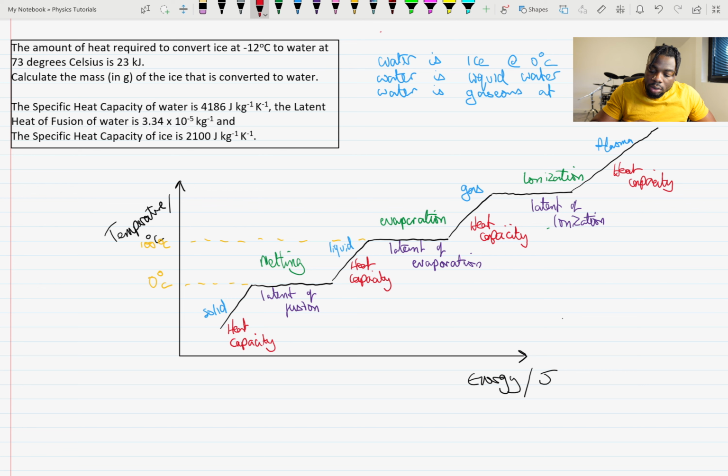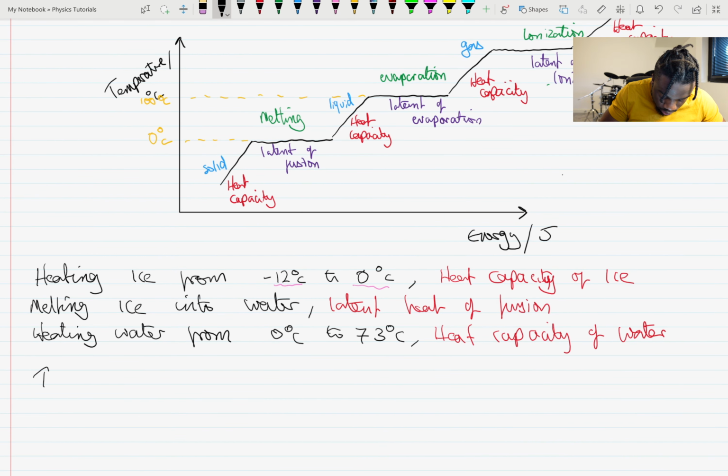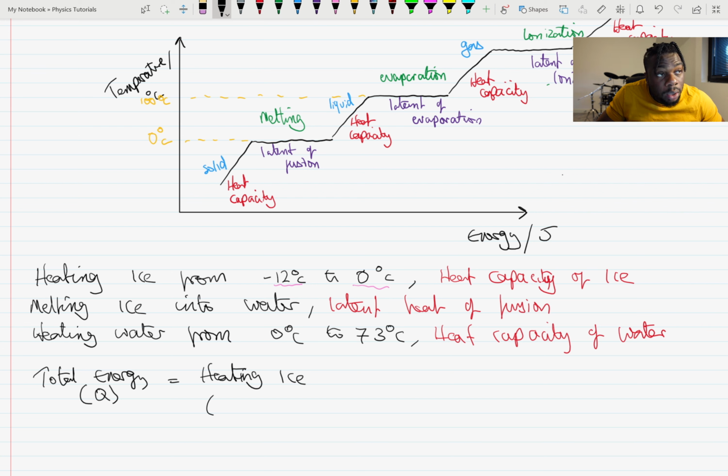All right, so now we have our understanding of heat capacity and latent heat. How do we use that? How do we use this to answer the question? So total energy, Q, equals heating ice, which I'm going to write as the mass of ice multiplied by the heat capacity of ice multiplied by the change in temperature,